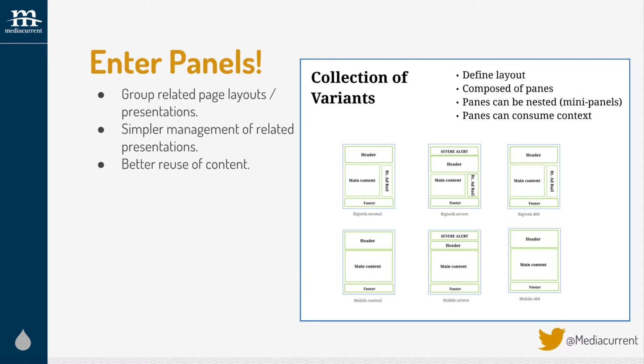So we used panels and page manager module. So panels allowed us to solve the problem of having different types of presentation and page layouts all organized together. So a single editor could create a base page for laying out, sort of a big web variant, which would be like your desktop view. And then another editor could come along behind them and just clone that variant, reusing all the content that's already in there, reusing that process and the widgets that are there, not have to know anything about that. Assign it a different layout built specifically for mobile, and change the selection rule to say, use this on mobile or use this just on tablet. And then drag and drop things around, and bam,